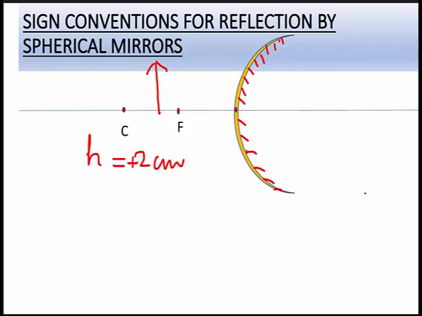It is going to be positive, because we learnt earlier that any height which is upwards from the origin will always be positive. Let's say the image is formed something like this. So what is going to be the height of the image? The height of the image is going to be negative. Let's say if the height of the image is 5 centimeter, then we will have to write minus 5 centimeter, because the height is towards the downward side from the pole. That's why it will be minus 5 centimeter.